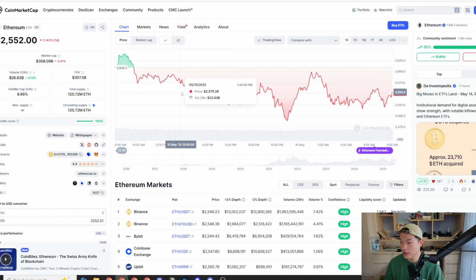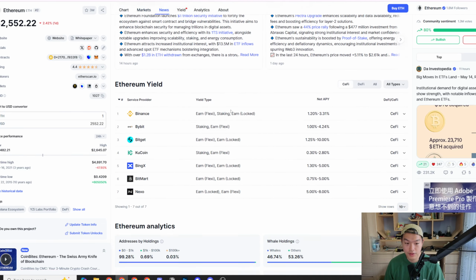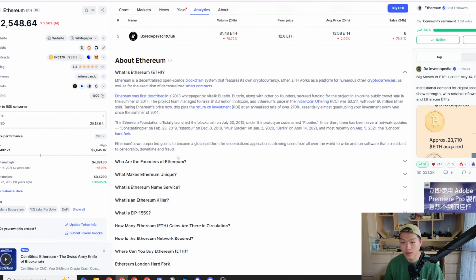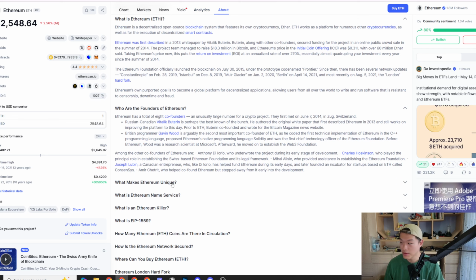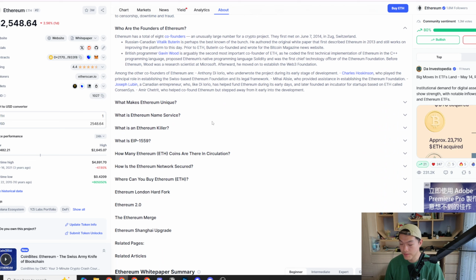And for the research, I typically just start from CoinMarketCap. For example, if we're researching Ethereum, you can look at the news here and a lot of the data, as well as what the project is about, who the founders are, what makes the project unique. And it's going to be different for every token, right? But that's a great way to get an overview of the project without having to spend too much time on it. And if this initial check looks good, then I would probably spend more time on this by diving deeper